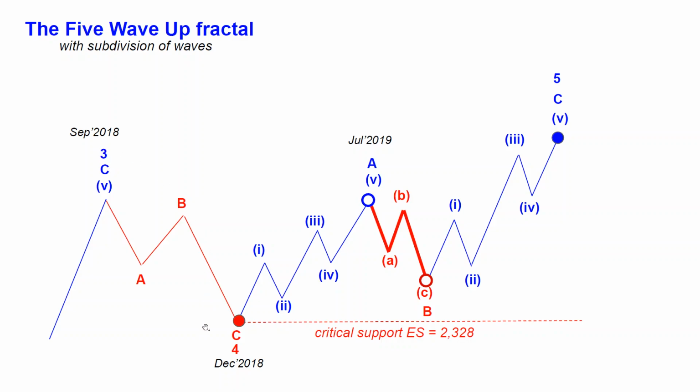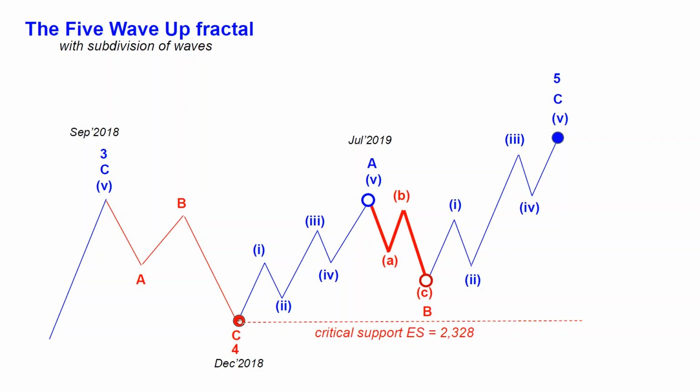Anyway, it took 3 months. And from that point up to July 2019, we got an impulsive rally subdivided into 5 waves. This is our classic wave A05, and off that top we should get ABC down in corrective B05,